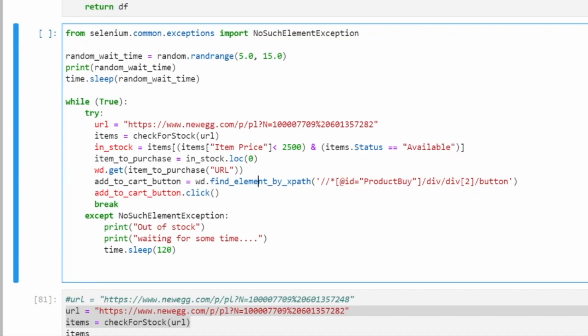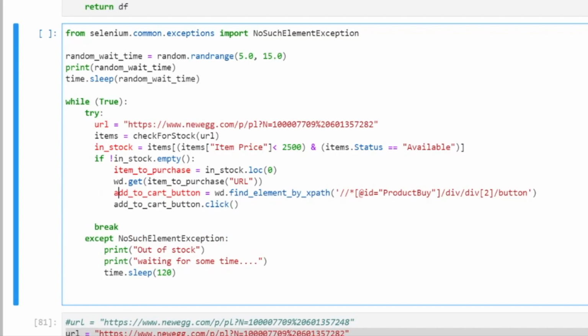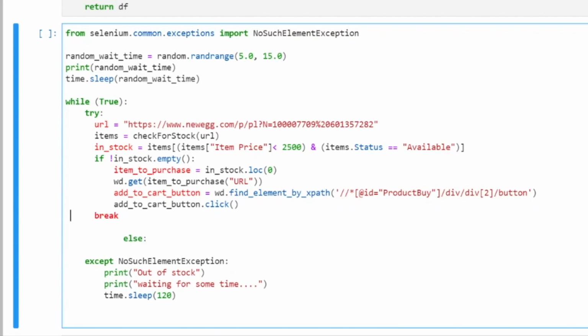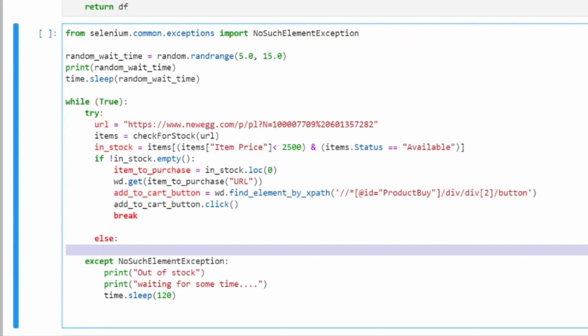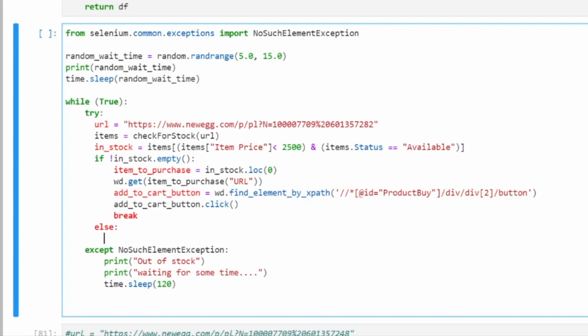And then we'll try to click the add to cart button. So I need to also check one thing here, which is I just need to make sure that if we have items in stock, I'm going to try and buy it. Otherwise, we'll have to do another time.sleep, another 120 seconds.